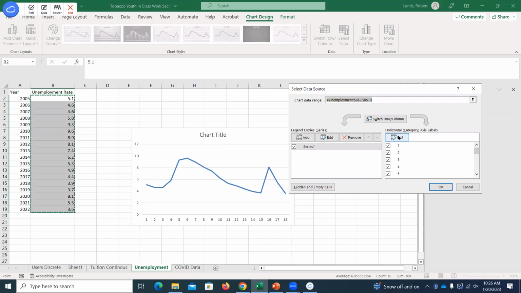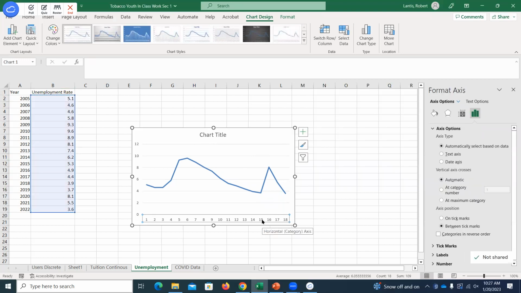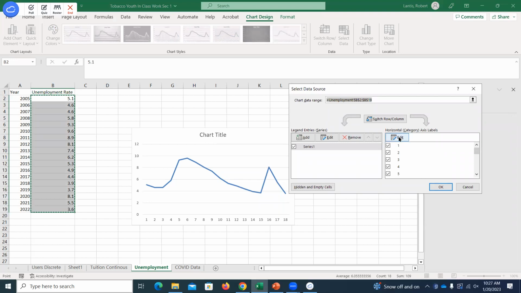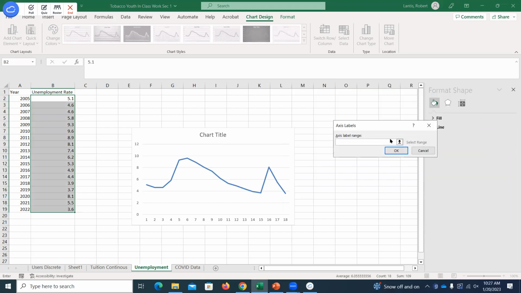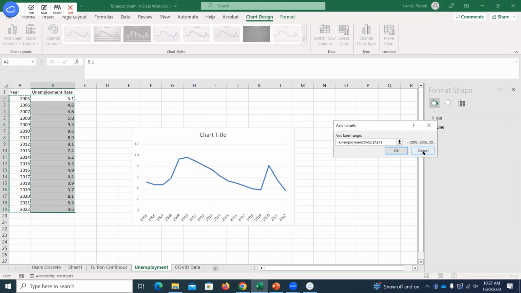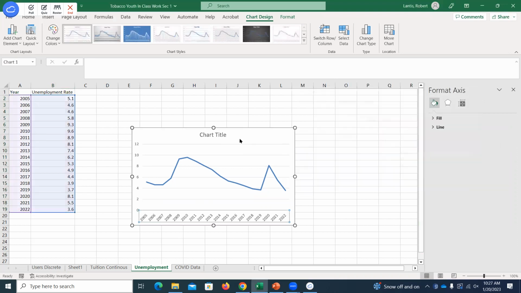Canvas on how we can get in, not just numbers here on the x-axis, but we want the actual years, right? So when I right click, and actually, sorry, I have to right click on these numbers, then go to select data. Now, when I see my axis label, I can edit. I then just select, well, what are the labels I want? I want it to be these years. Now it throws those years in there for me.